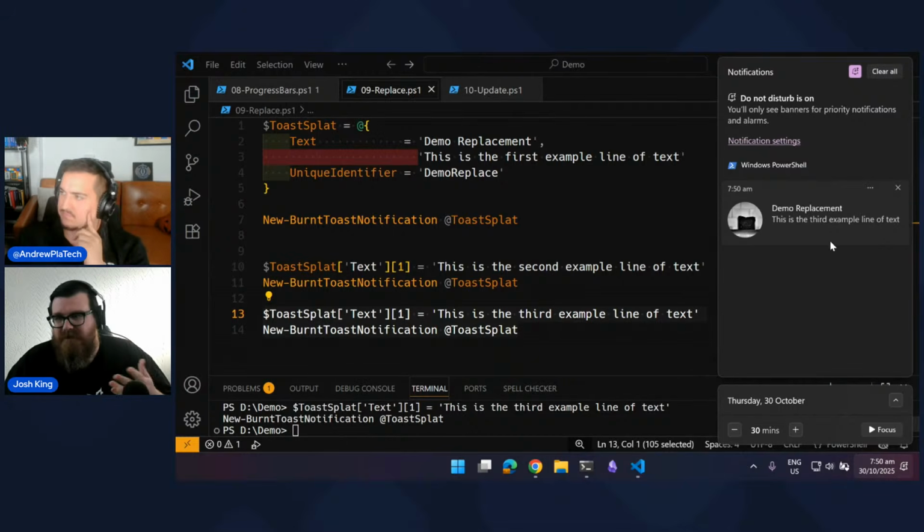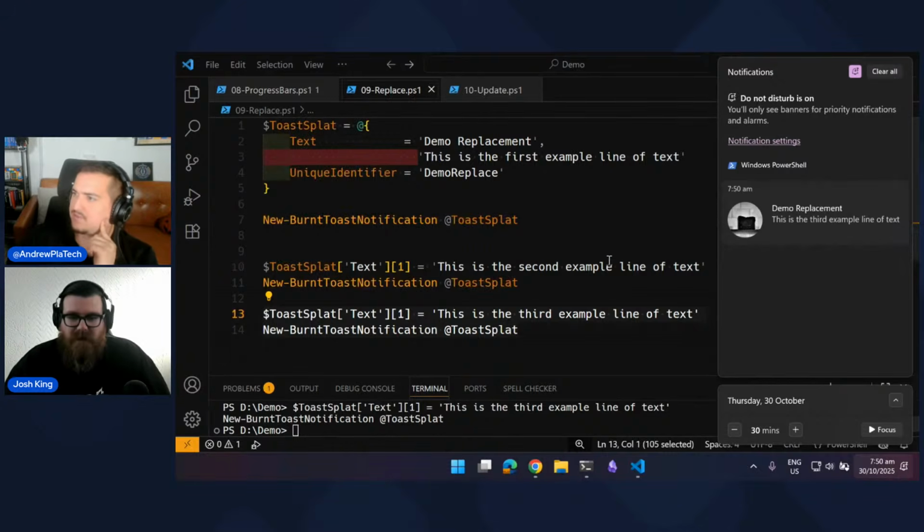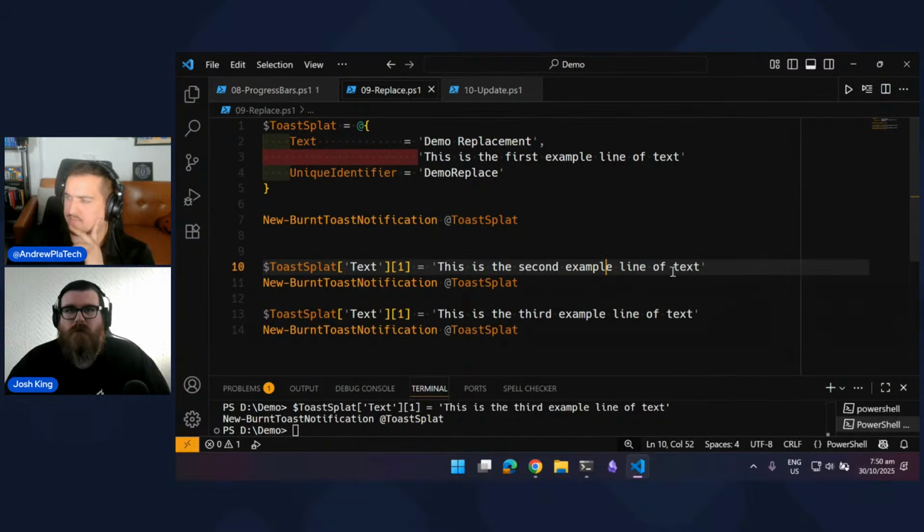And in the action center, it's been updated as well. So like I say, it literally rips that old one out of existence and replaces it with a new one. So this is great when you want to ensure that a user gets that updated information. But you can imagine if you're updating a progress bar every second, that's going to get a little bit annoying hearing those dings, and it's always going to be on screen,